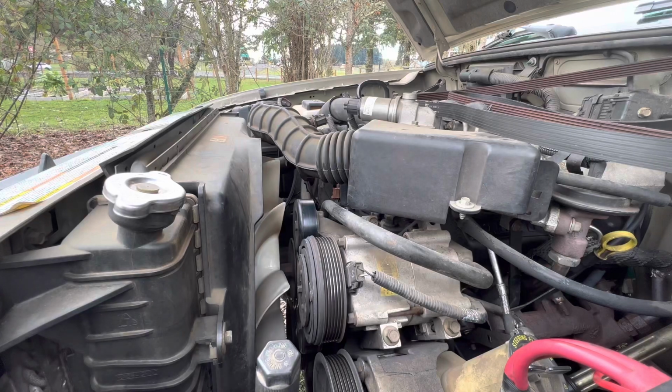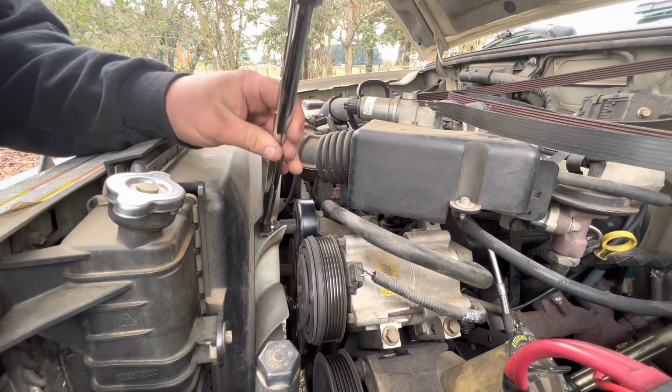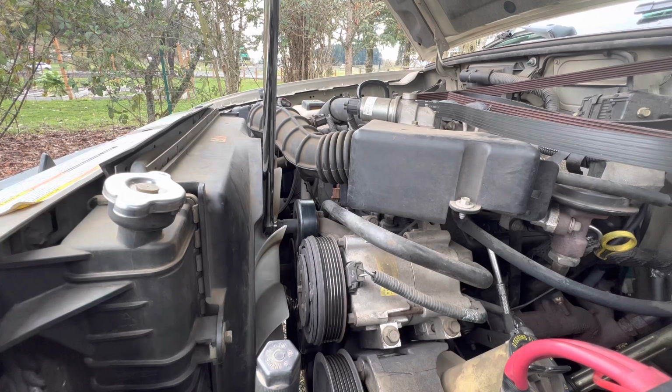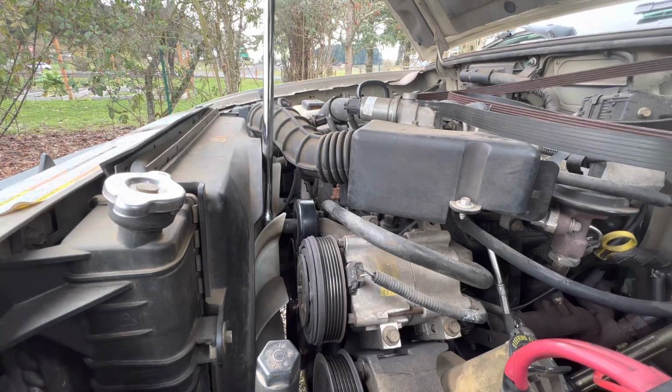Now I'm going to use my breaker bar, 15mm for the top, because I can reach it actually. Now these things are going to be very snug, so in theory, that one was not. That's kind of concerning, but